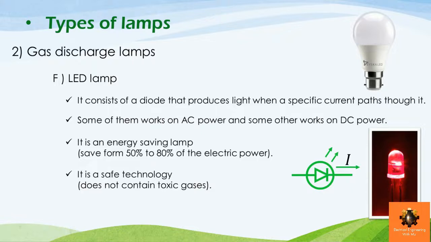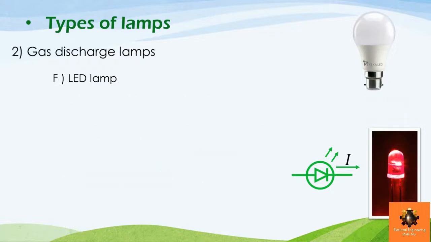And this is because it doesn't contain gases to be discharged, but its working principle depends on light emitting diodes. And for that reason, it doesn't contain any toxic gases which may harm the environment or the people if they smell those gases. Very good. But the disadvantage of the LED lamps is that it has a higher fixed cost, so when you buy an LED lamp, you find its price to be larger than the other types of lamps,